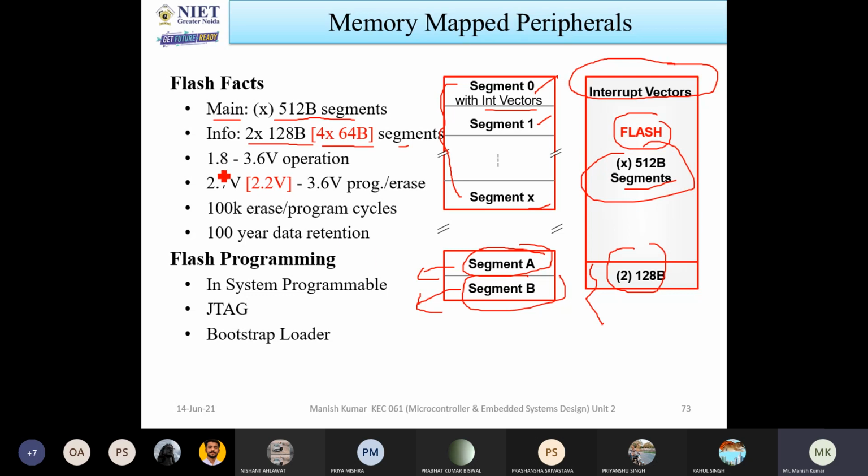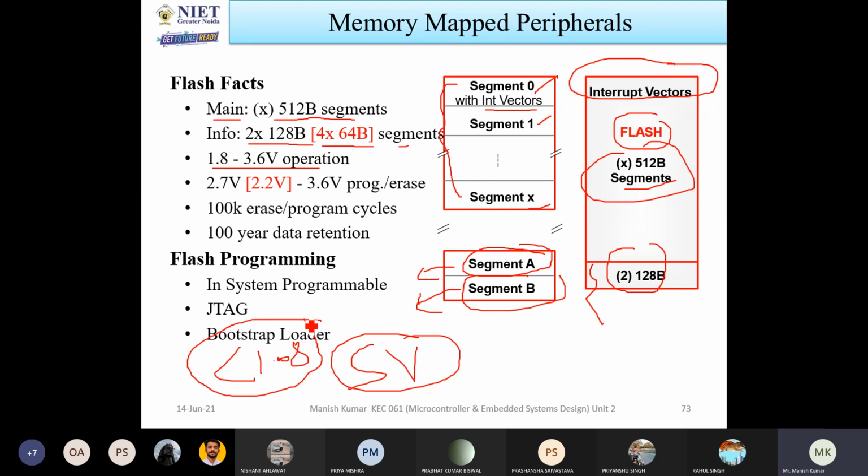Now this is the operating range, 1.8 to 3.6 volt operation. So you remember that the MSP operating voltage is 1.8 to 3.6 volt. Anyhow, you may supply 5 volt, but you will use 1.8 to 3.6 volt. If you supply voltage between 1.8 and 3.6, then this microcontroller will work fine. There will be no problem in that. Whenever it goes below 1.8 volt, I already told you one circuit is there that will switch off everything.